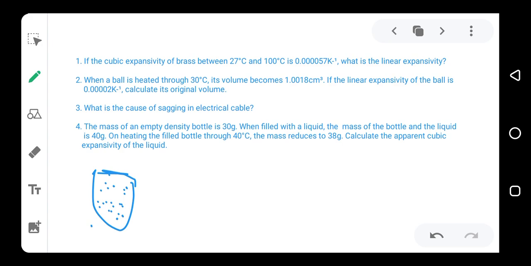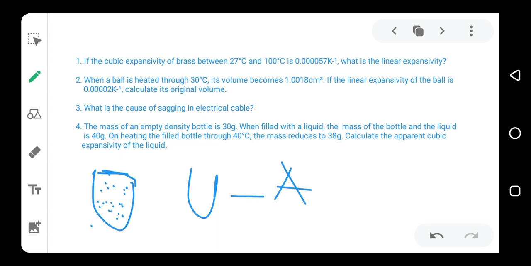Take for instance, you want to check the mass of water. You know you cannot weigh water directly because it is not a solid object. You have to put it inside something and check the weight of it. Now what you do is this: you get a bottle. Maybe when you weigh the bottle alone, when it is empty, maybe the weight is A.